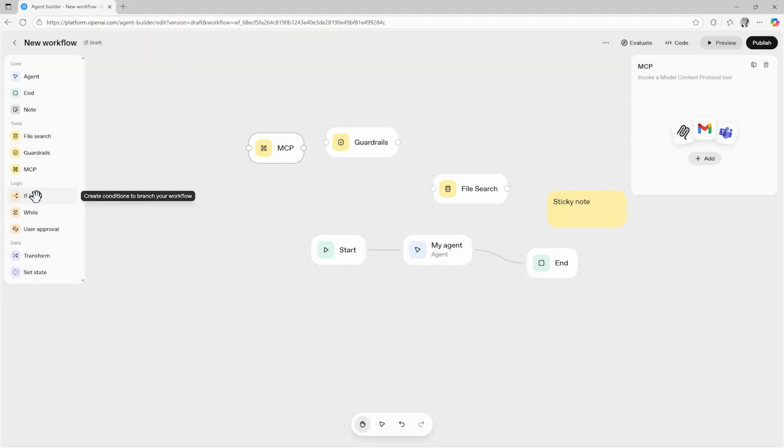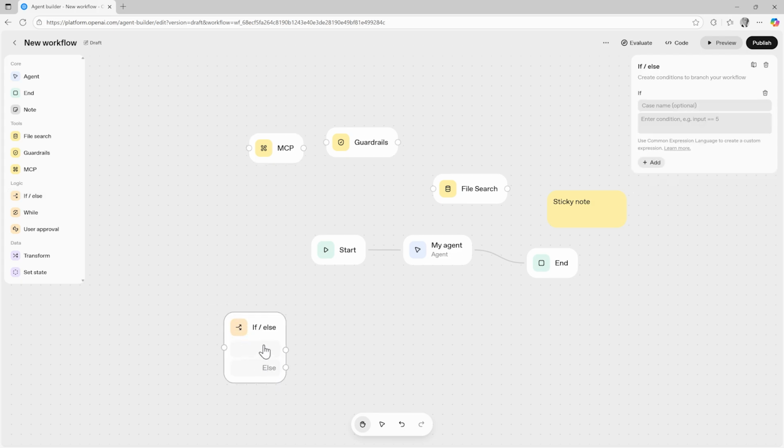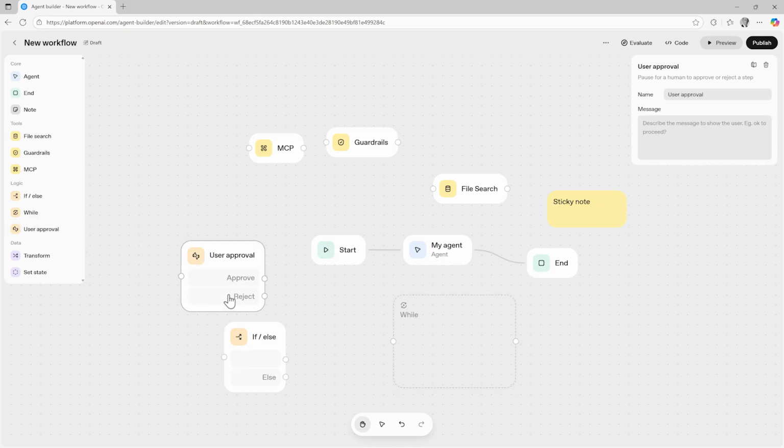Within the logic section, you'll find three useful nodes: if/else to allow for branching your workflow, while to execute a branch while a certain condition is valid, and user approval that ensures the human-in-the-loop step is easily added into the workflow.